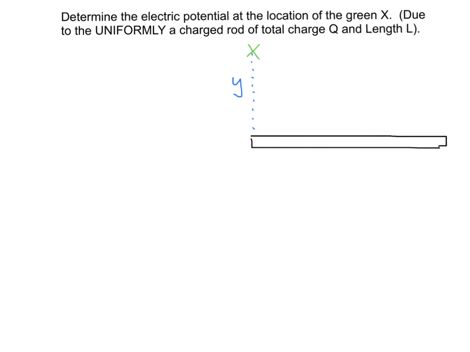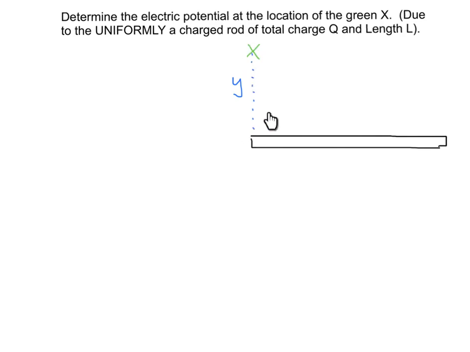In this example problem, we have a uniformly charged rod of length L. So this is the length L from here to here. And let's say it has total charge Q on it that's distributed uniformly. What we want to do in this problem is find the electric potential at the location of this green X here. So let's say that the distance from the green X to the end of this rod is Y,